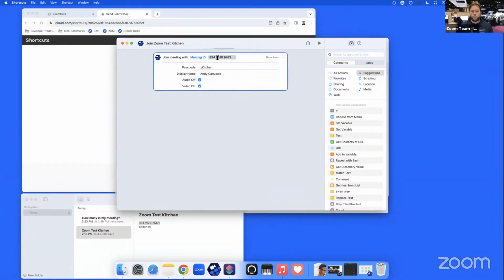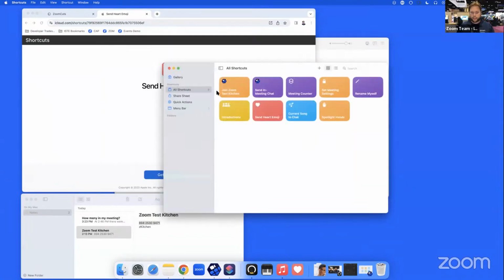All right, so now I've got that. And this is now going to be a repeatable way for me to get into the Zoom Test Kitchen, because again, I can put this in my menu bar. Now I'm one menu bar click away from joining Zoom Test Kitchen. That can be entered from up here, but if I'm on mobile, for example, I can put this in a widget. So I can tie this to the widget on my home screen and have my iPad, for example, one click away from the Zoom Test Kitchen every Friday, right? So again, lots of different entry points.